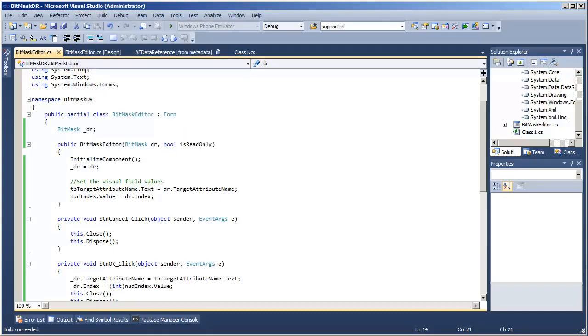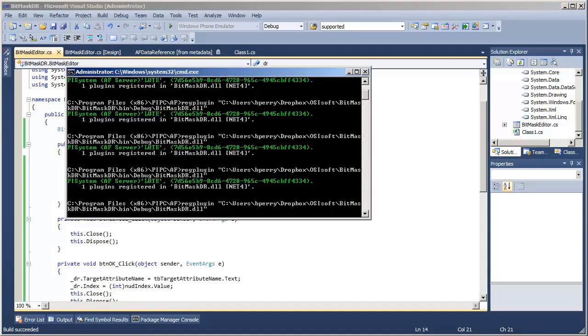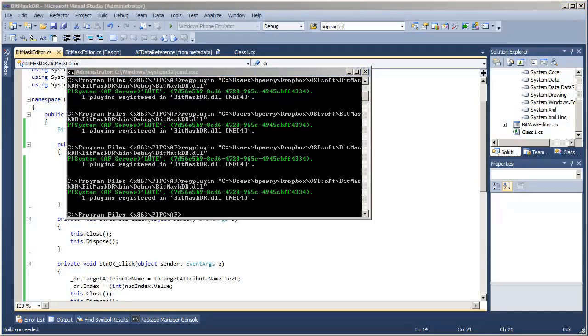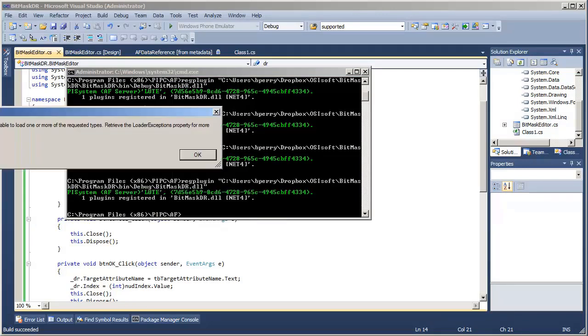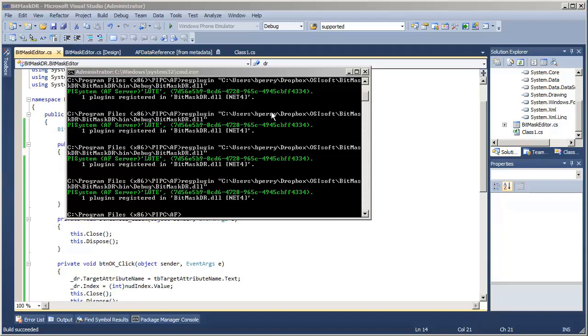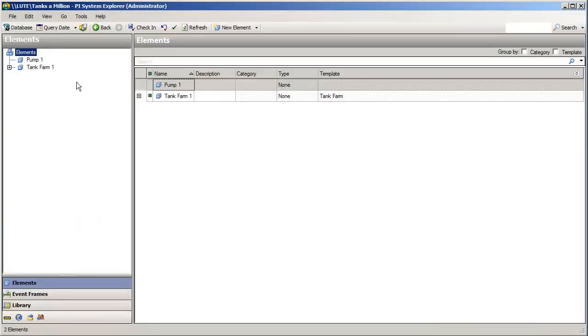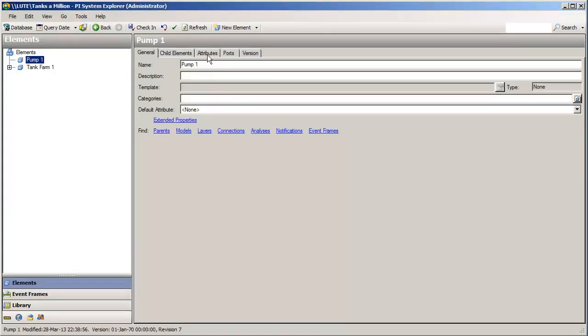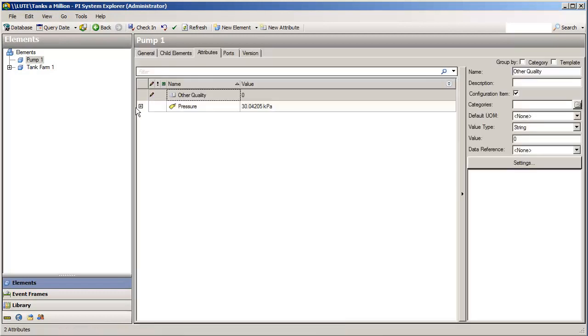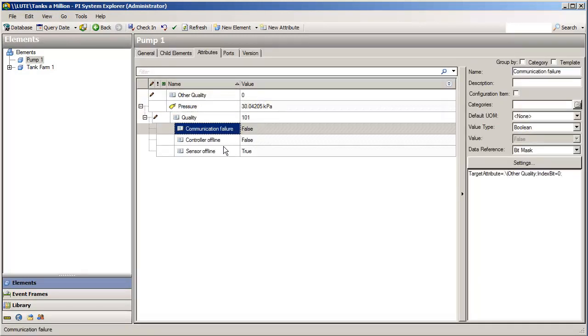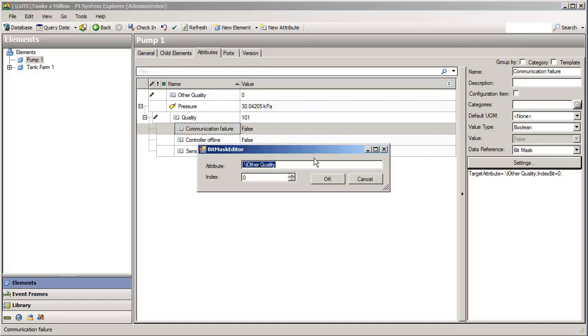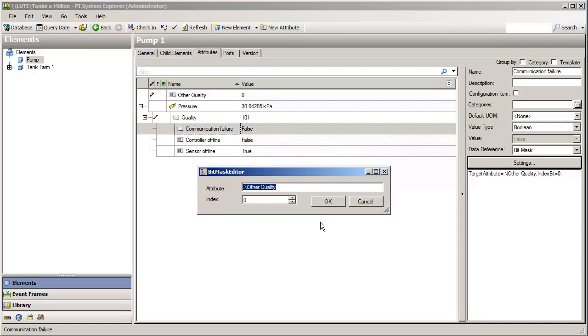I'll build this and register it, and I will open PI System Explorer again. Okay. So if we look down here, and I go in and try to edit one of these attributes using my lovely data reference, I should get a nice editor box where I can change what we're looking at.